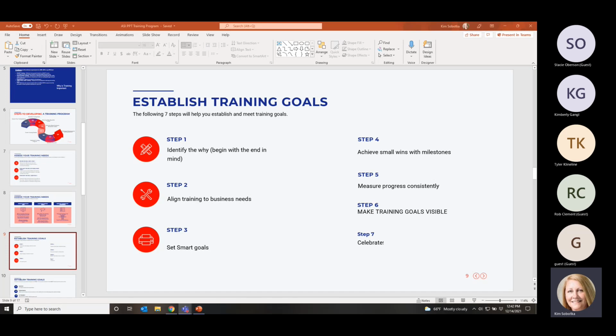I found that there are 7 steps that you can follow that'll help you stay on track. And these are in addition to the steps to developing an individual training program that we covered in slide 6. So step 1 is identify the why. Begin with the end in mind. What we mean by that is identify what your goal is, what that training is for. So start at the end.